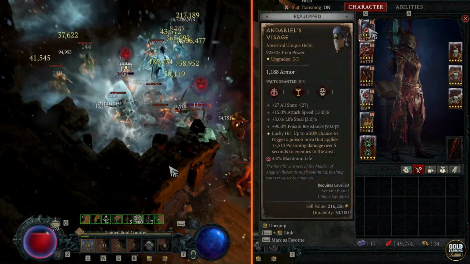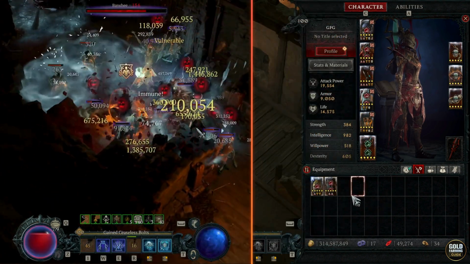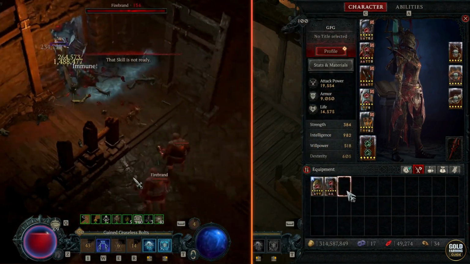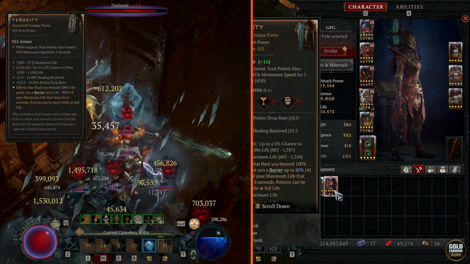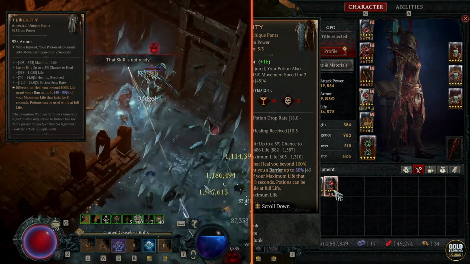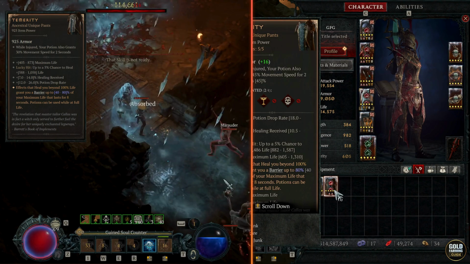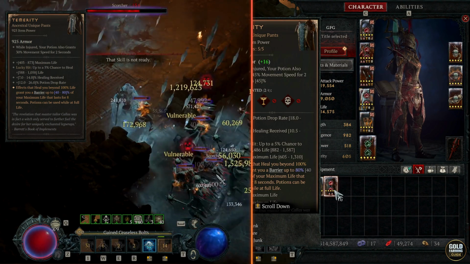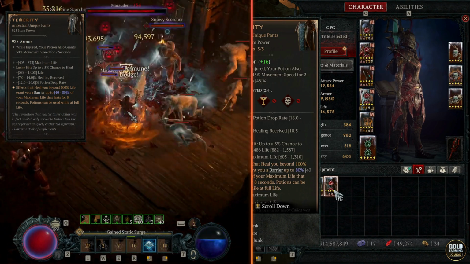It's nice if you can play Andariel's. As well, if you have an amulet with armor roll, unfortunately I don't have one, but if you have one, you can also play Temerity on top of it. I mean, if you have a good Temerity, like as you can see, mine has a min life roll, which is pretty bad. But if you have a good Temerity, with a high effect, like the 80% I have here, and together